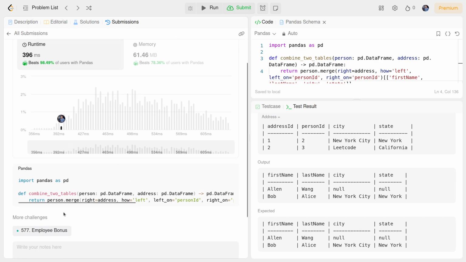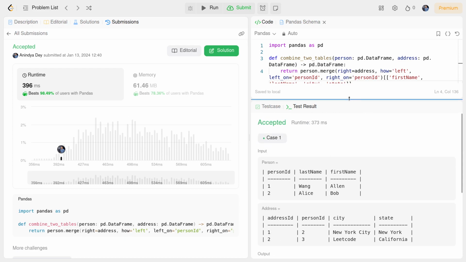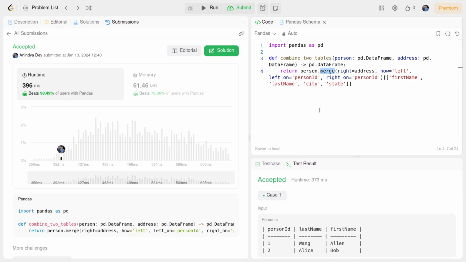It doesn't matter. But anyway, I hope you guys understood this first easy problem and the merge method of pandas. Do read it. I have attached a link of the official pandas document for this merge method in the description,